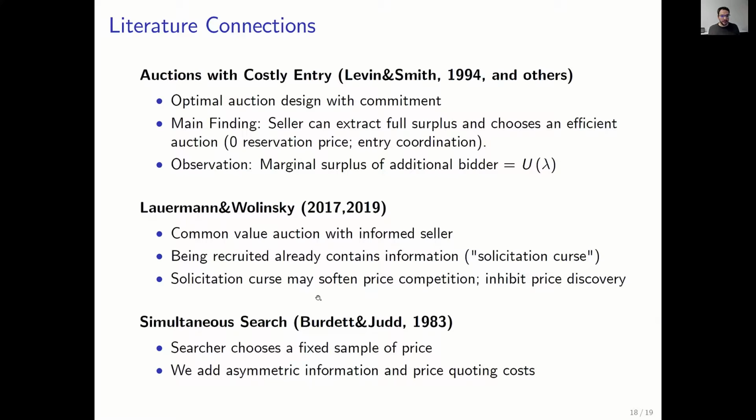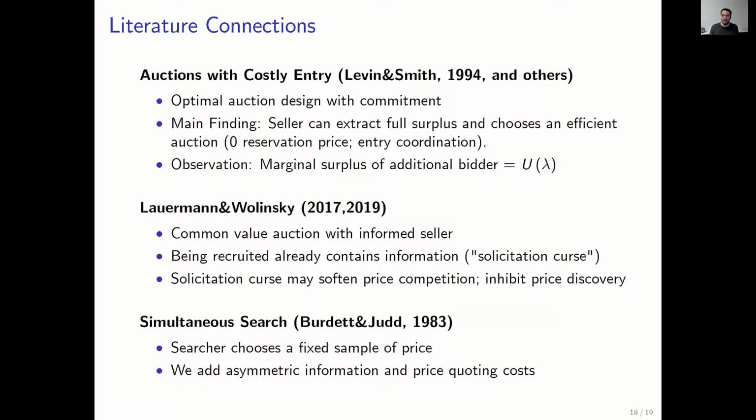And last, there's a literature on simultaneous search, which I like a lot. There are two types of search models. One is where I strictly search in sequence. I contact bank number one, I get an offer from bank number one. After I've studied it and I don't like it, I go to bank number two. Then there's strict simultaneous search, which is I contact 5 banks for a price quote, and then I take the best price quote.